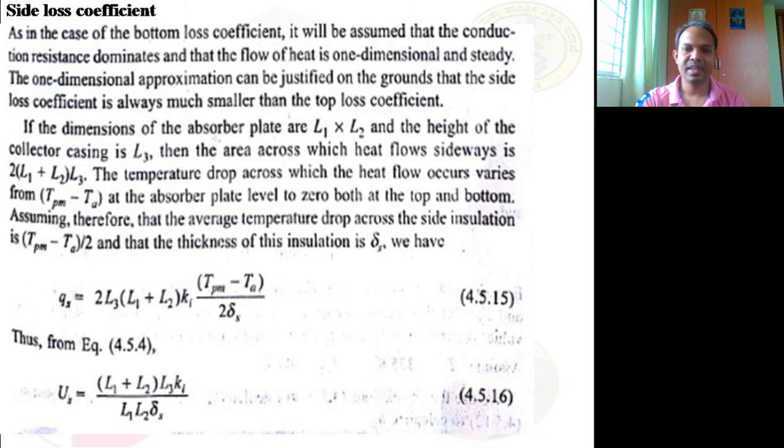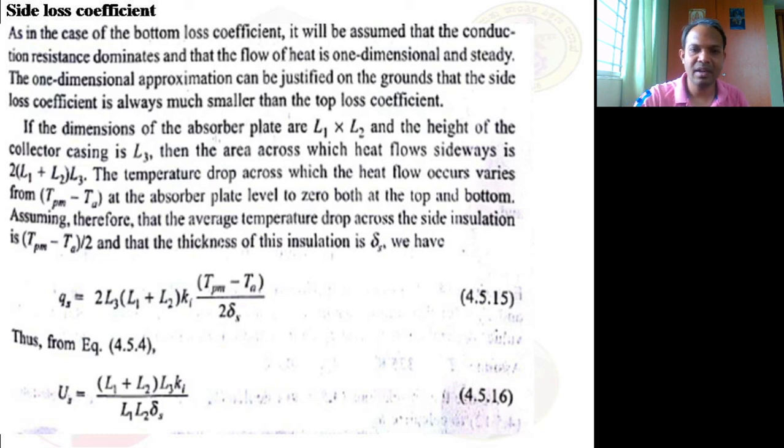This is an area. Simply, you can write it as the area of the side wall, or you can calculate it as 2 into (L1 plus L2) into L3. I am talking only about the cross sectional area, my dear friends. L1 plus L2 into L3, where L3 is the height, gives rise to the area. I will multiply the same thing over here because the area over here is the same as the area over here.